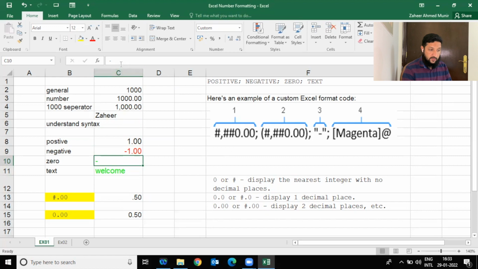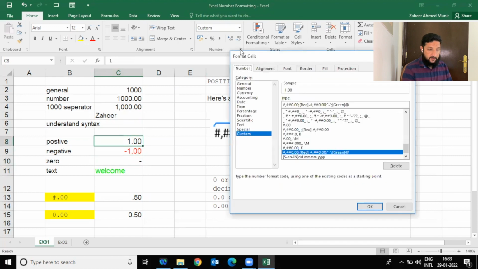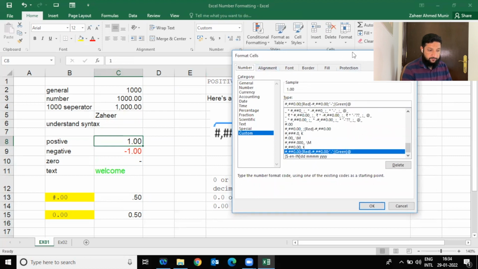Since it is taking it as a character to display like this, I use 0 to be displayed as this. So let me go and check the format. If you go to Custom, automatically the format will come. So what we have used here,